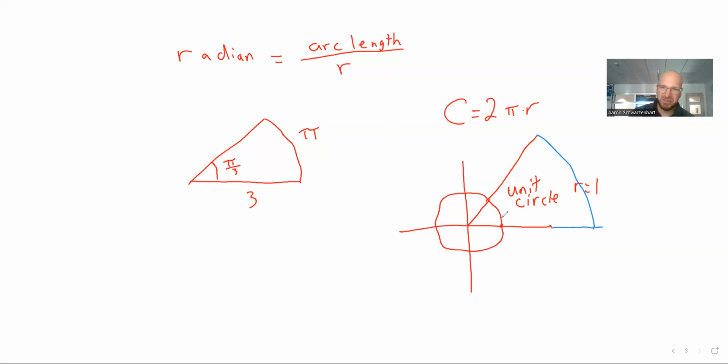If I've got this circle of radius 1, the circumference of this unit circle, 2 pi times 1, is 2 pi. So once around the circle is 2 pi radians. That means 360 degrees is equal to 2 pi, or 180 degrees is equal to pi. So if I want to convert from degrees to radians,